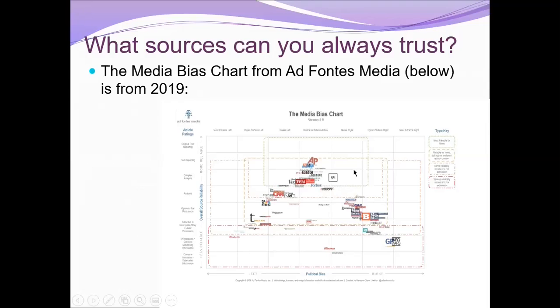And then as you look off to the sides, you find that the biases start on the left side with NPR and with the BBC, and over here is CNN, MSNBC, all the way over. And on this side, we have Forbes and Fortune on the right-hand side. Fox News is over here. And InfoWars is all the way over here.